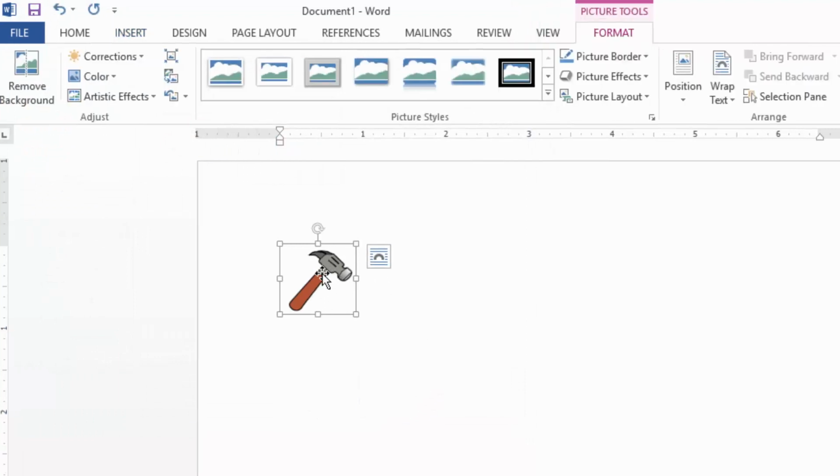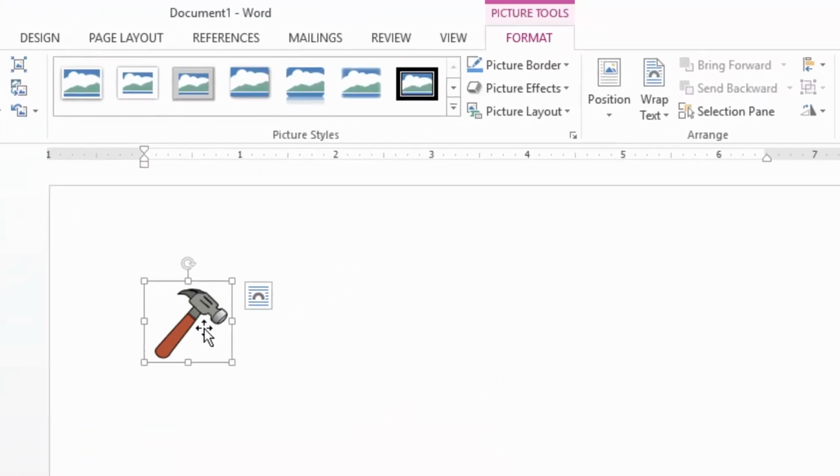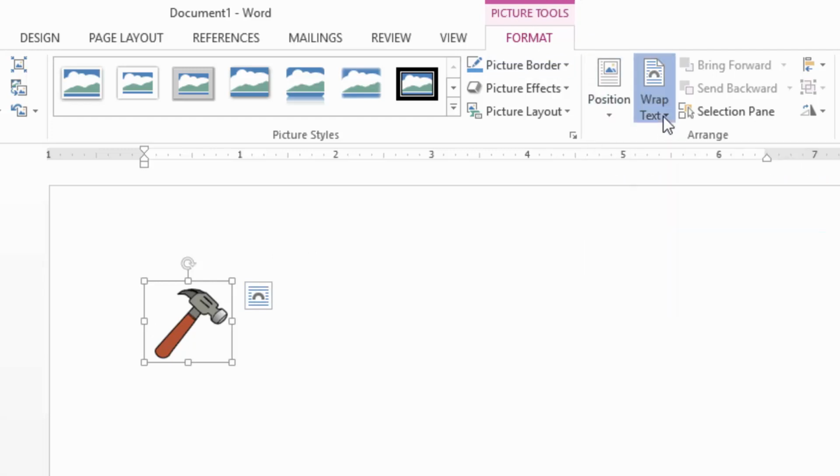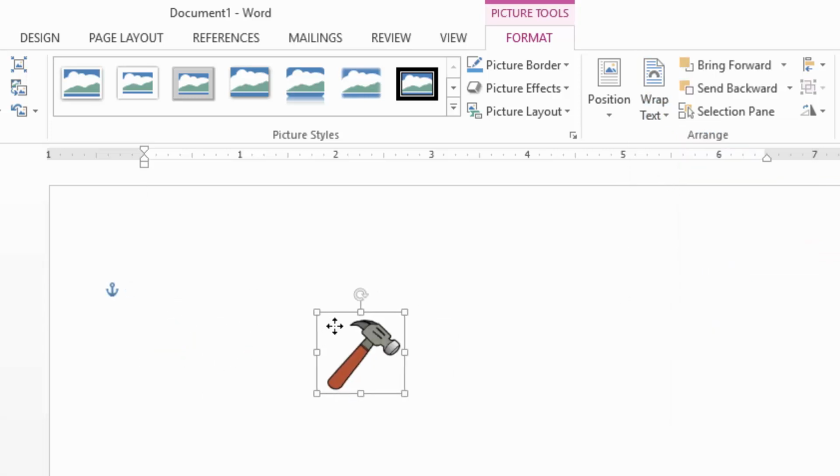Now I want to move this picture in MS Word. I will come to the Format tab. When it is selected, this Format tab pops up. Then I will just use Wrap Text and choose here Tight. Then I'm free to move my image. So I will go to the corner of this image and reduce it diagonally to a small size